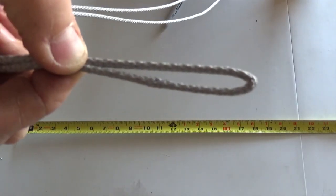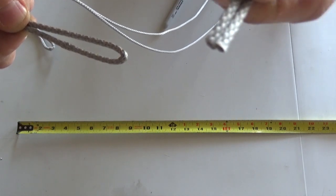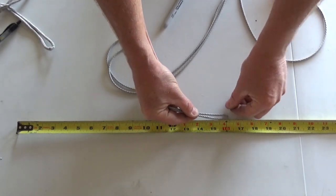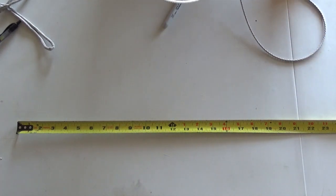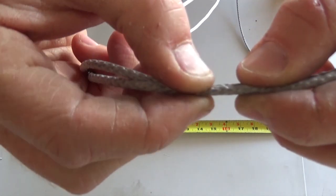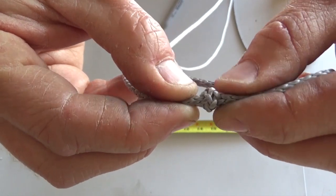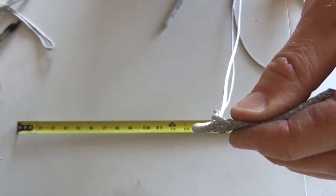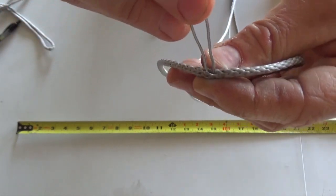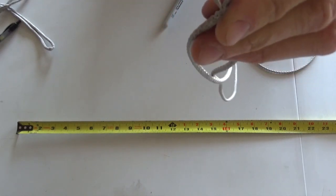Okay, we're going to start with the end of our rope. Make sure we have the ends still together as we get started, and we can refer to our tape measure if we'd like to find the 2-inch area. So we're going to make the 2-inch loop, and we're going to push this rope apart so we can find the halfway point, and we're going to put this little contraption through there,